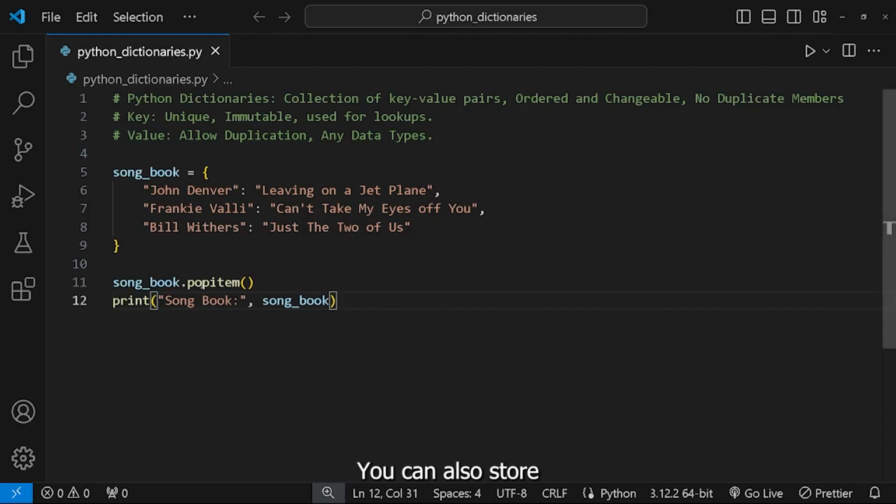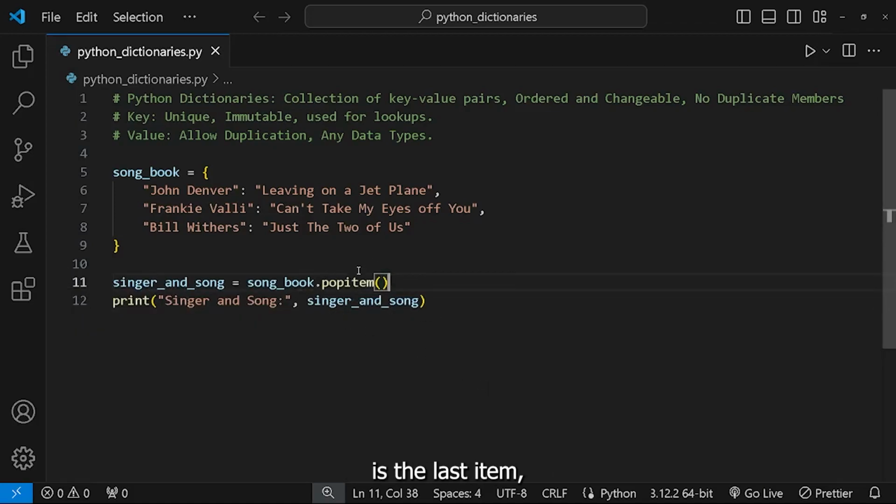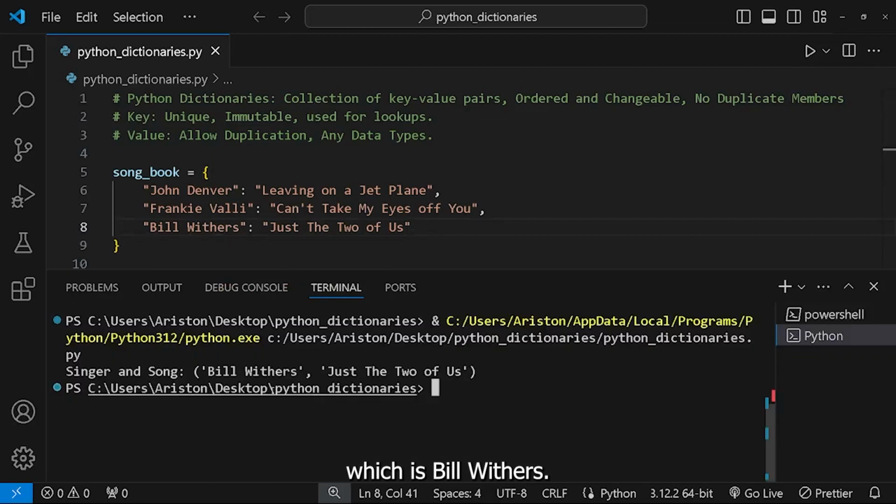Okay, you can also store the key and the value that you popped. Let's say, for example, let's add here singer and song. Then let's use this. And here, let's say singer and song. We try to run this code. As you can see, the item that we popped is the last item, which is Bill Withers. And here you can see it returns to us the singer, or the key, and the value